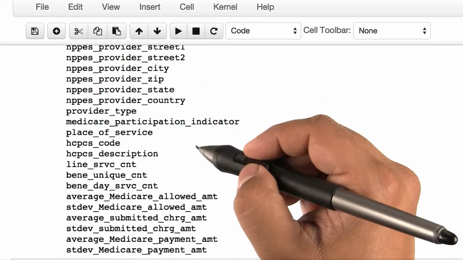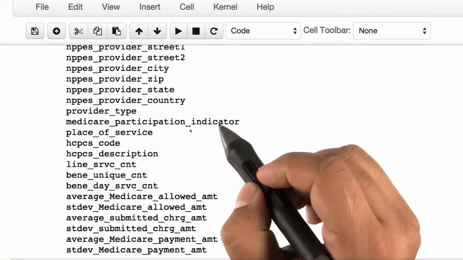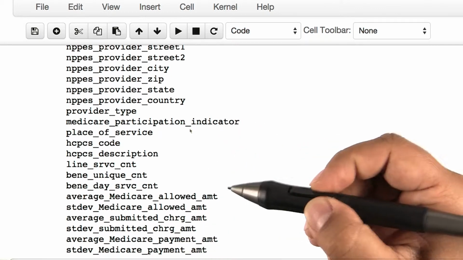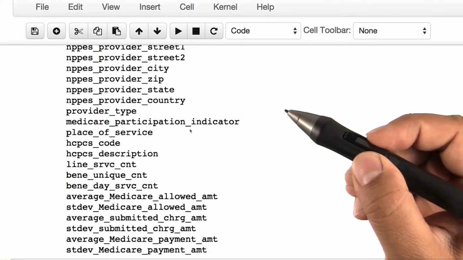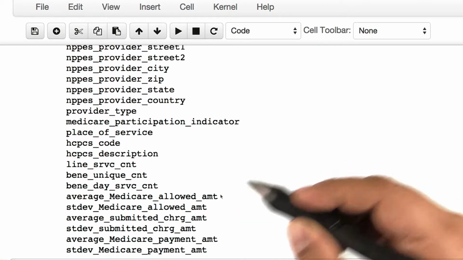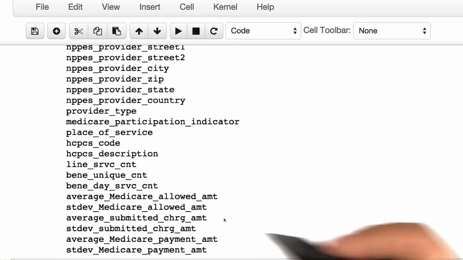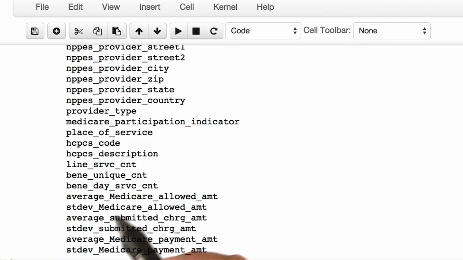Some of the other columns are very specific to Medicare and could be useful if we did some more research on Medicare and the data. However, without doing some domain-specific research, we can still see that these variables could be of interest in detecting unusual charges. To keep things simple, we are only going to use the average Medicare amount.